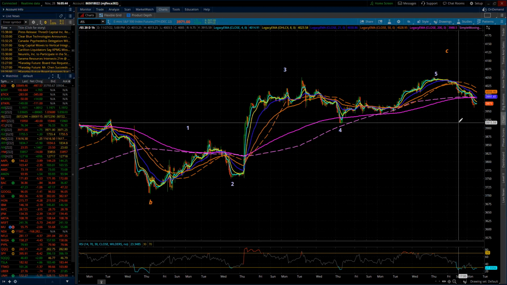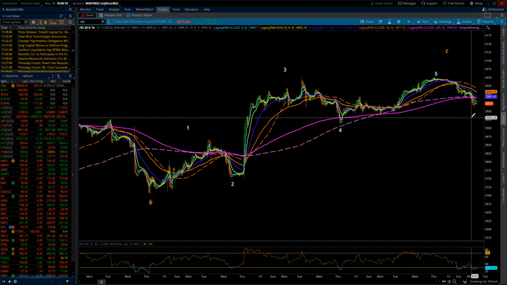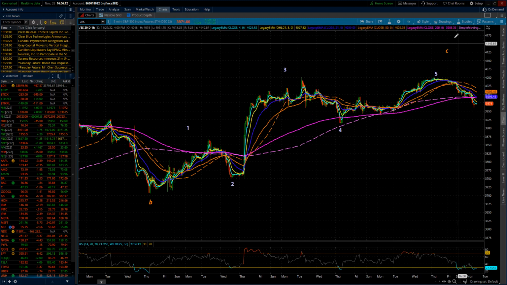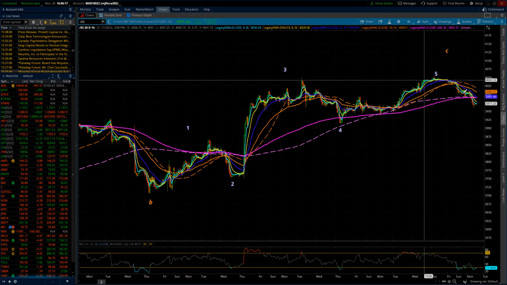Now, how can I put this together? It does present its challenges. If I'm going to label it as the end of intermediate wave 2, I'm looking for the beginning stages of intermediate wave 3. What's going to be in there? 5 waves of minor degree with 1, 3, and 5 heading down, 2 and 4 correcting. That's minor degree. These are minute degrees. So what's going to come off first? Minor wave 1, 5 waves of minute degree. So on the hourly chart, it'll look something like that. This is the itty bitty beginning.